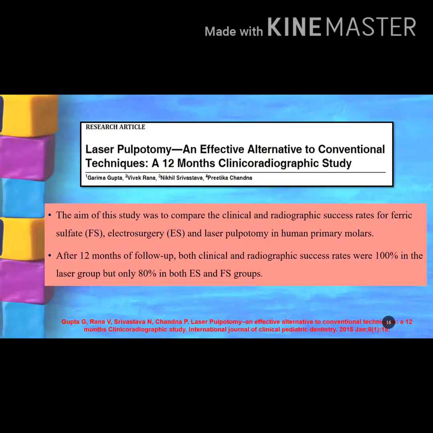Now one article, laser pulpotomy, an effective alternative to conventional technique, a 12-month study. The aim of the study was to compare the laser with the ferric sulfate and electrosurgery pulpotomy. After 12-month follow-up, both clinical and radiographical success was 100% in laser group and 80% in ferric sulfate and